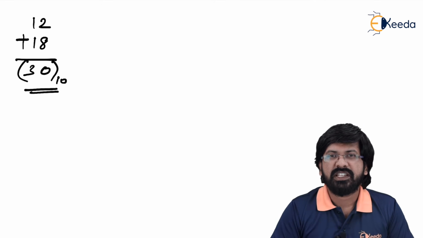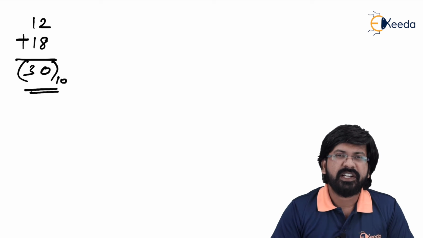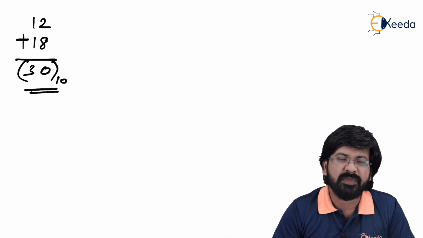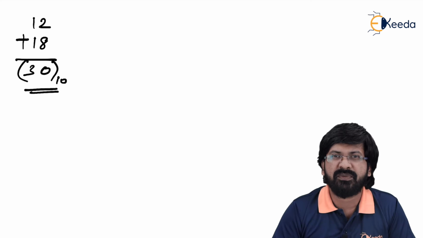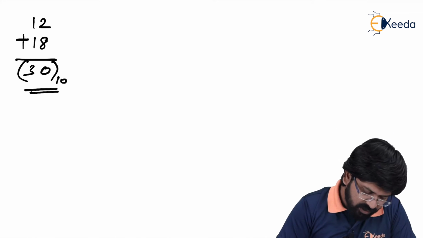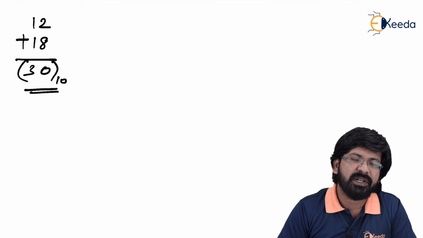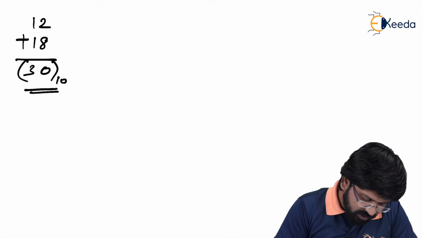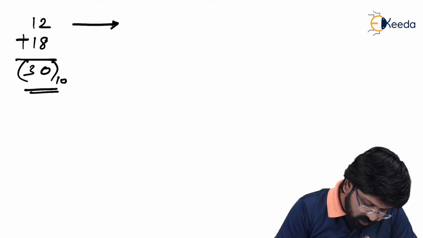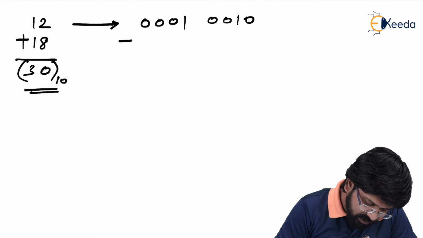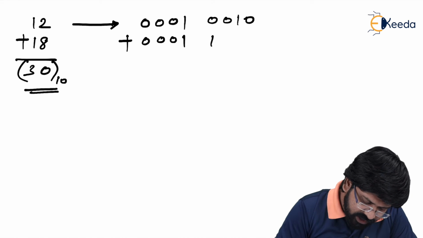But then you are taking the help of the 8085 microprocessor, where it treats every number as a hexadecimal number. By default, every number is treated as hexadecimal. So whatever number you give, it is not decimal for the μp. It is normally hexadecimal for the μp. So the μp treats 12 not as 12 to the base 10, but as 12 to the base 16. And because of that, it converts 12 into binary: 1 is interpreted as 0001 and 2 is written as 0010, plus 18 is written as 0001 and 8 is 1000,